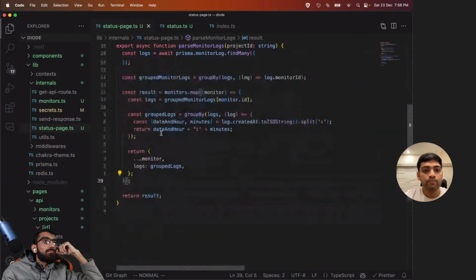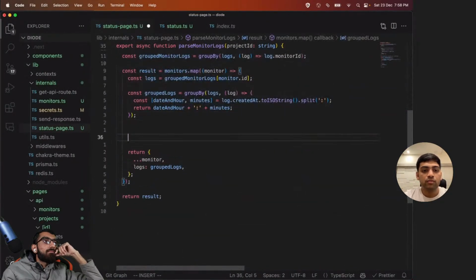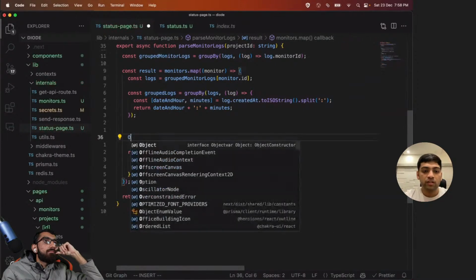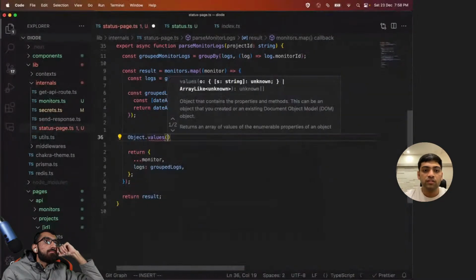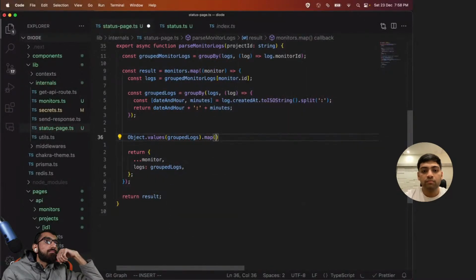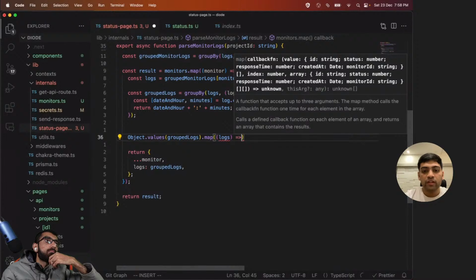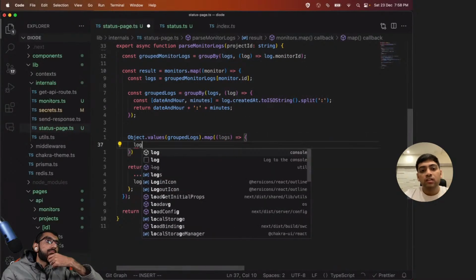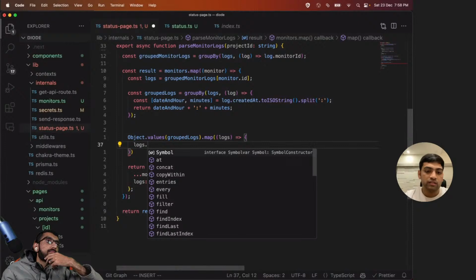So we can simply do group logs. We'll go through each of these values inside group logs and then map them. Now here we can do some checking. So if